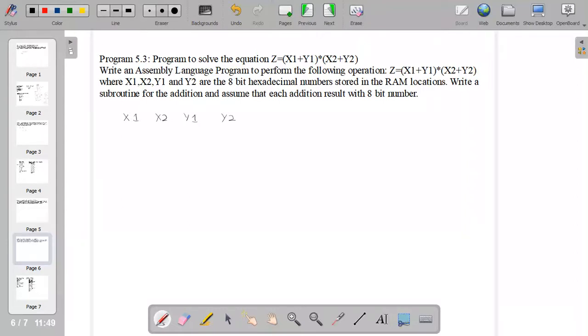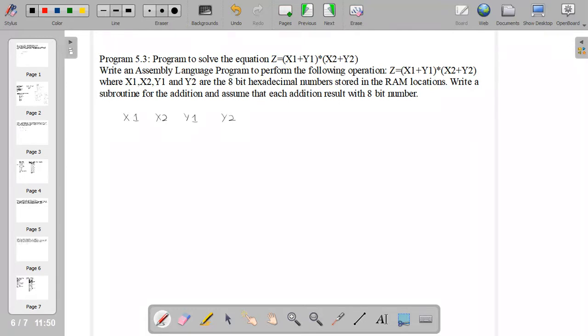So in the subroutine we'll access the memory location having the x1 value, and then we'll add it with the memory location content which has y1, and then we store it in some register, and then go to the memory location having the x2 value and access the memory location having the y2 value and add these two contents, and then store it in some register. And then we have to copy these register contents to the registers A and B so that we can perform the multiplication operation in the main program.